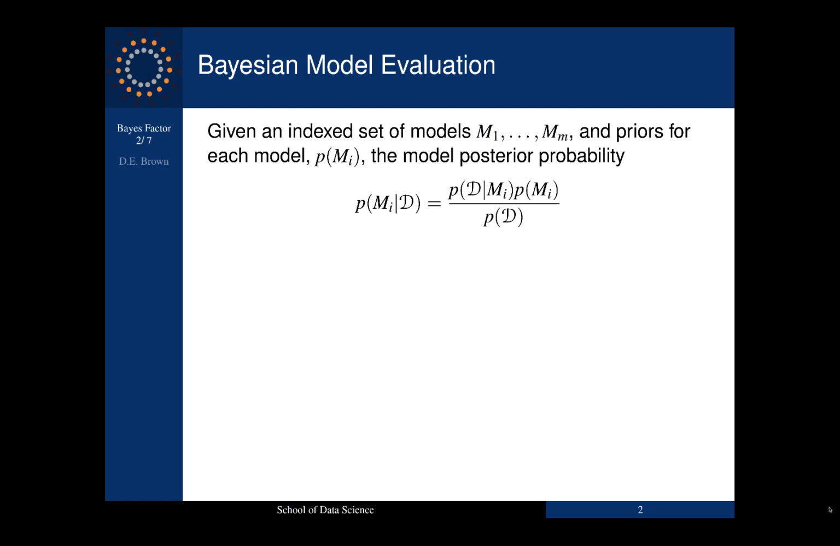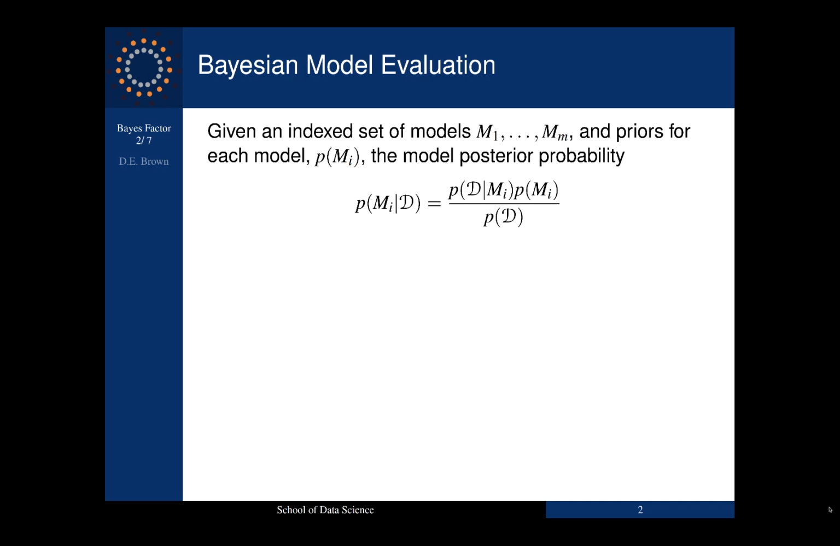We're given an indexed set of models, M1 through Mm, and these could be different regression models, for instance. They could be different formulations for the regression. For example, a strictly main effects model, a main effects with interactions, a polynomial model. There could be lots of different models that we're considering using for our particular problem. And we assume we've got priors for each of the models, which we'll designate by P of Mi, i again